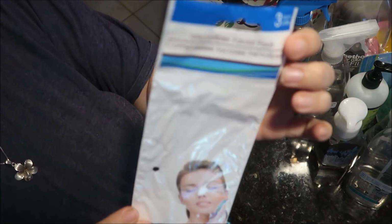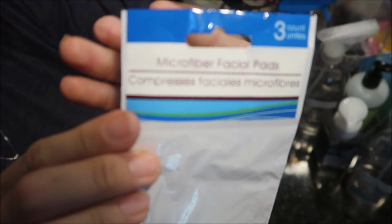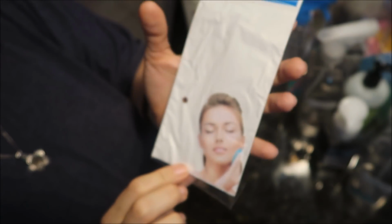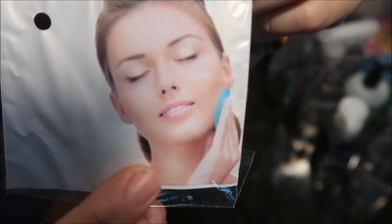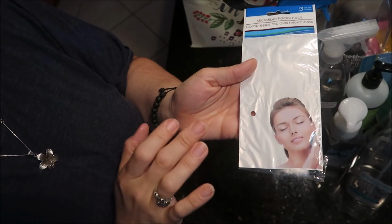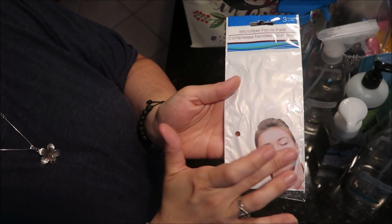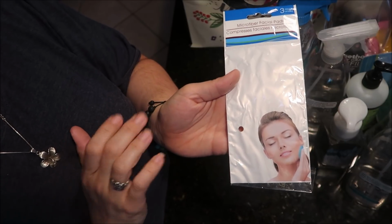And then with the same kind of pads, these are the microfiber facial pads. 3 of these came in there. There were 3 purple ones. You can kind of see her using it there in the picture. So I brought that into the shower with me, and I've been using my blueberry acai facial scrub that I got from Trader Joe's. I put it on the one side that's a little bit more abrasive,